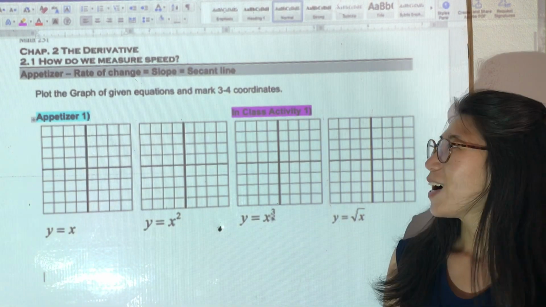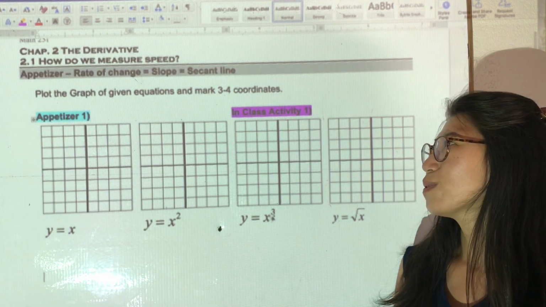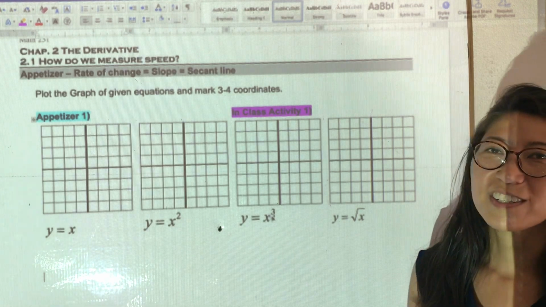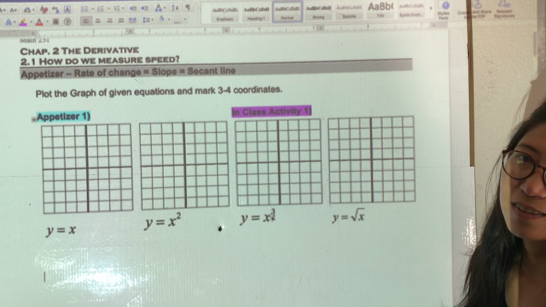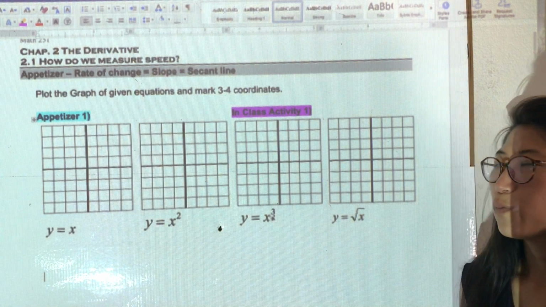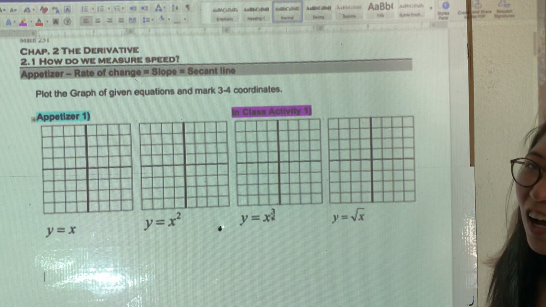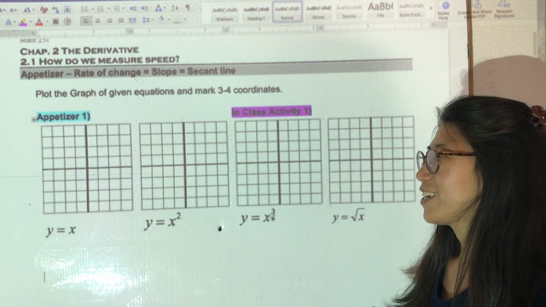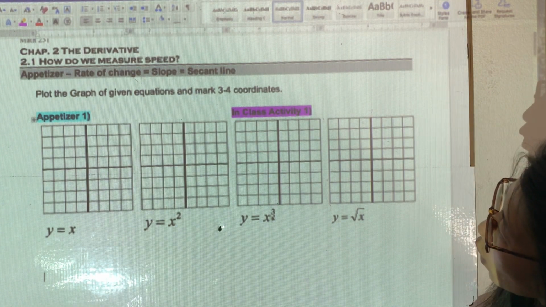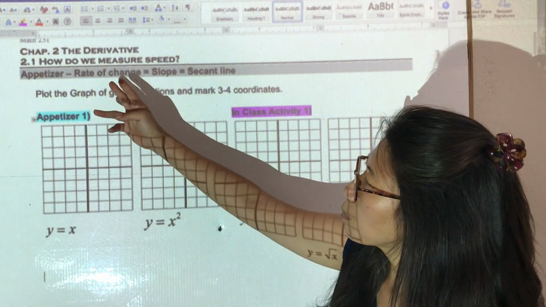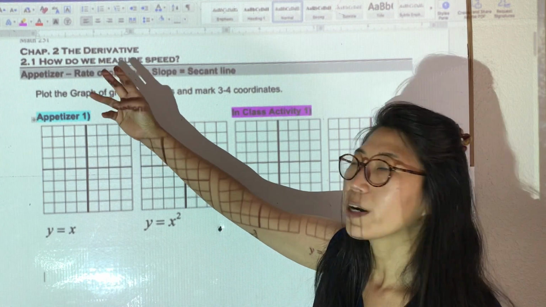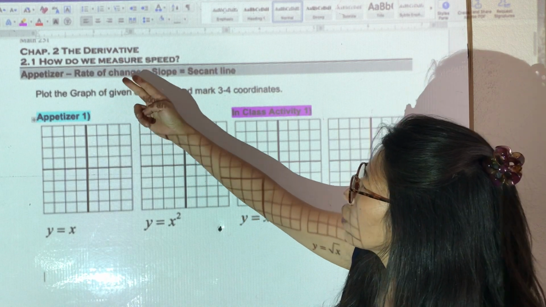So class, welcome to chapter 2, and we are going to study in chapter 2 about what really derivative is. I'm going to approach it many different ways, so please keep following the video with me. So before we start, let's see what did we study? We studied about rate of change. Then what is rate of change? Rate of change is a slope,